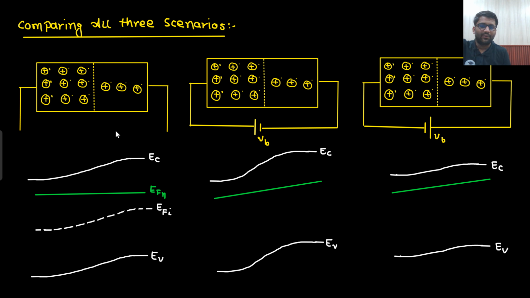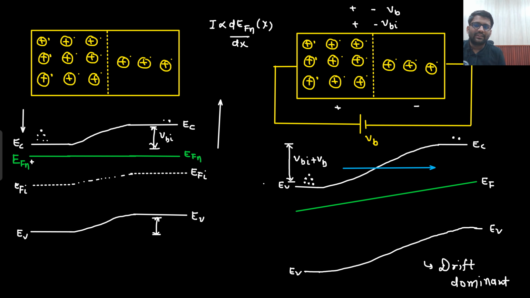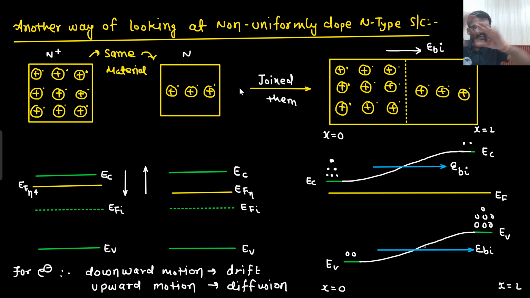Although we will write down the summary, we will summarize the whole points. So comparing all three scenarios: first was the scenario where no bias was applied, then this bias was applied, and then the opposite bias was applied. So here if I say, sir, why is this VBI? Why is this built-in potential? Because N plus and N were different from each other, at that time, this was the scenario. And when they came together,